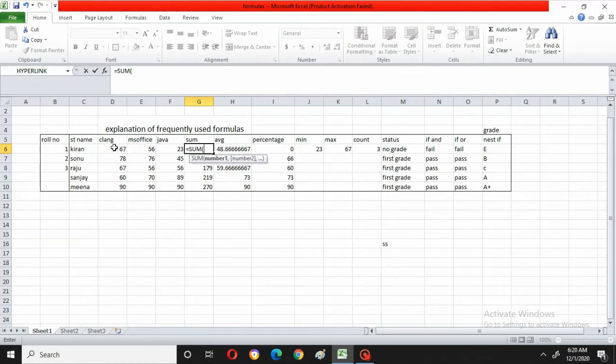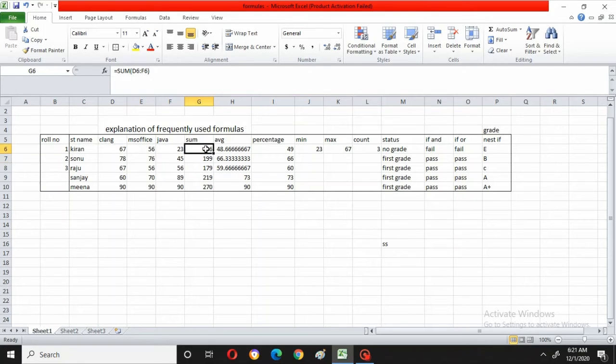So I will just click on D6. Now I will just drag my mouse pointer, or through keyboard, till Java, right? 67, 56, 23 I want. Now I will just close the bracket. Now I will say enter. I got the answer, no? So this is sum. You can use the sum like this.